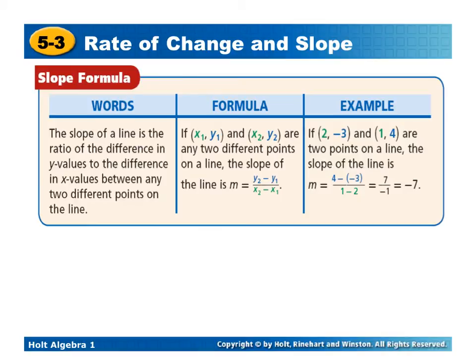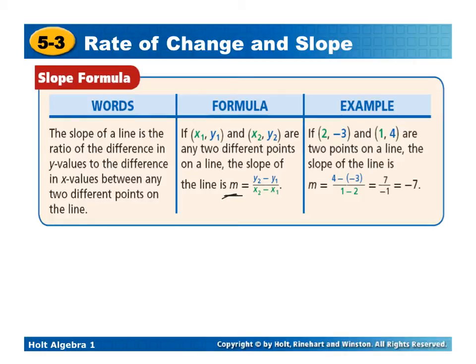Now here's something that is very important for you to get down in your notes and become very familiar with, because it's going to come up a lot. And that is our slope formula. We can always find the slope of a line by finding the difference in the y values and setting it up as a ratio to the difference in the x values between any 2 points on a line. Typically we name the points x1, y1, x2, y2. It really doesn't matter which point is which as long as you are consistent. Our formula is always going to look like this. M, a really common letter we use to stand for slope, is equal to y2 minus y1 over